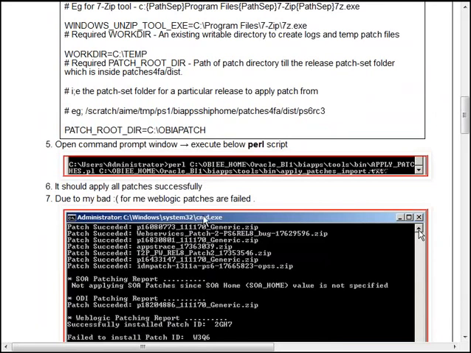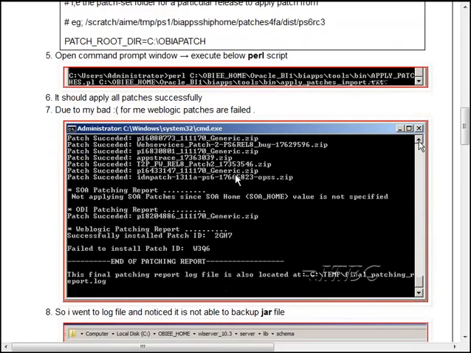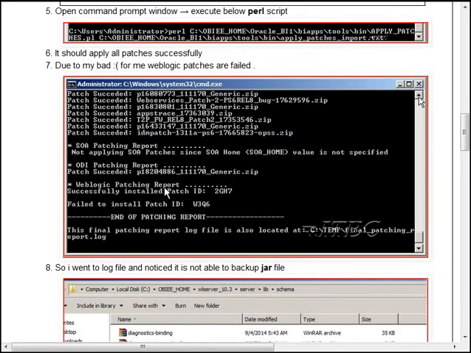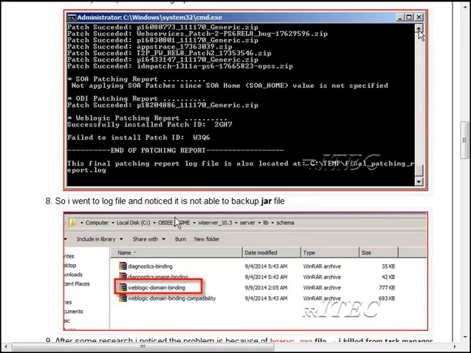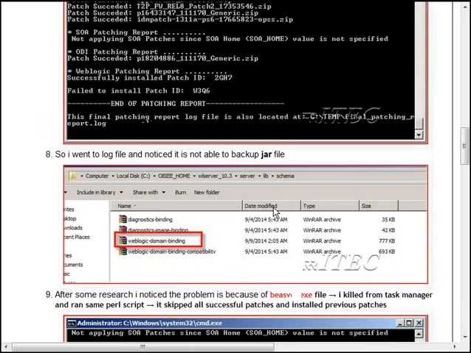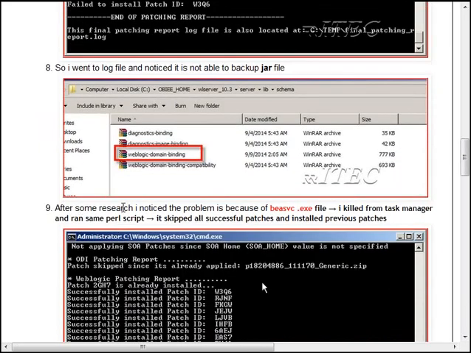But due to some reason, in my case, the WebLogic patches failed. If you see here, the WebLogic patching report says it failed to install the patch ID called W3Q6. The reason what happened is, I went to the log file and noticed it is not able to back up one jar file. Then after some research I noticed that the problem is because of